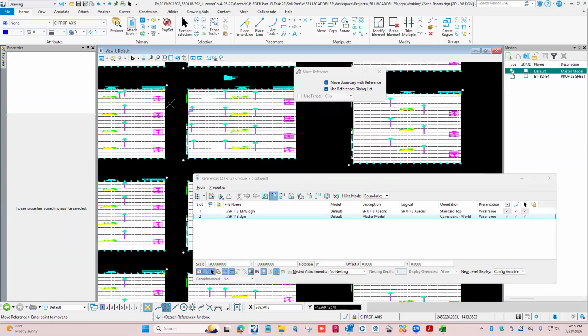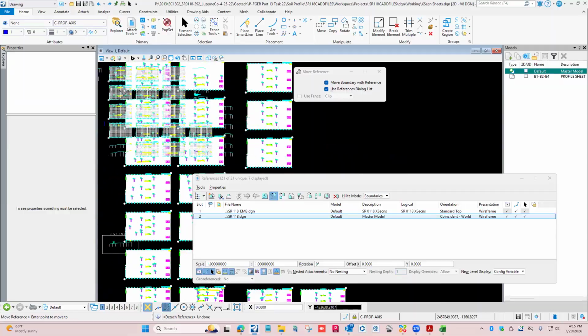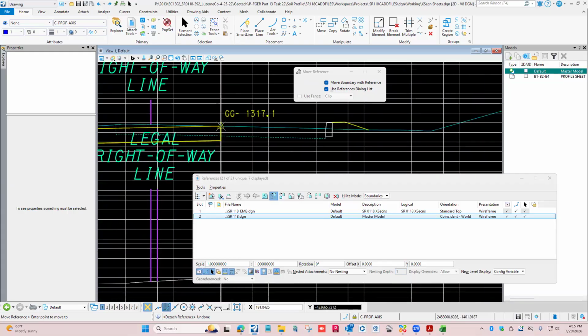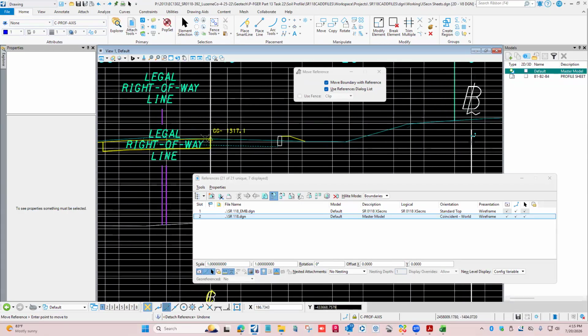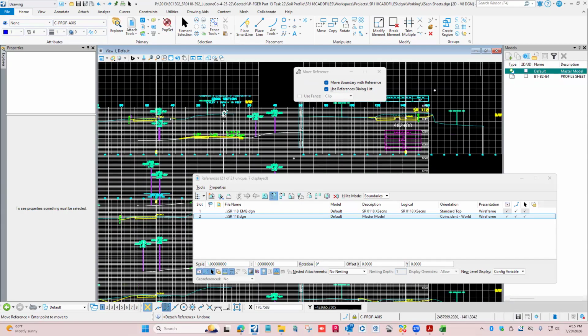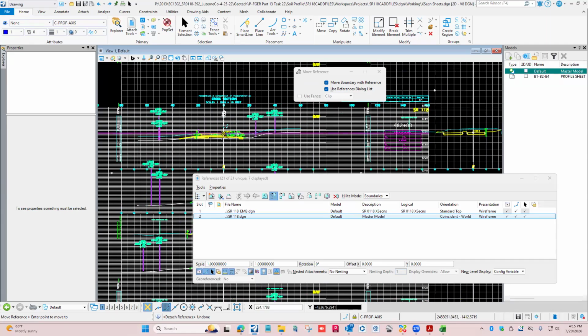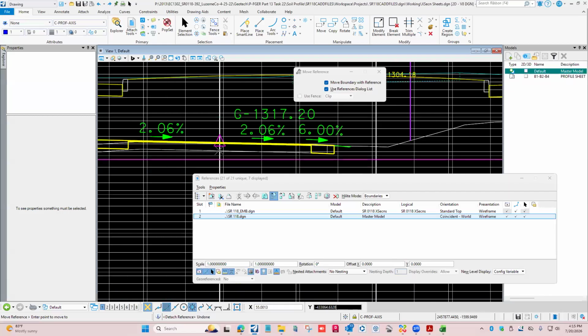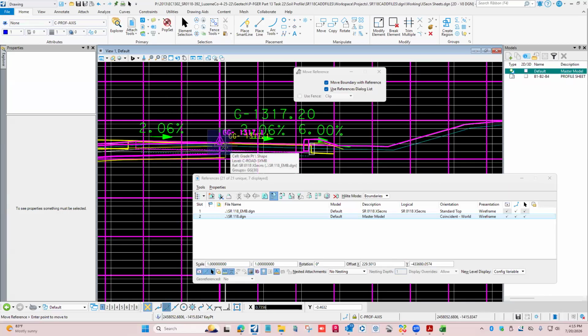There's 50 up there at the top. And I'll put it on that grade point. Oh, crap, where am I? 42+50. Grade point. So the insertion point of that. All right, now